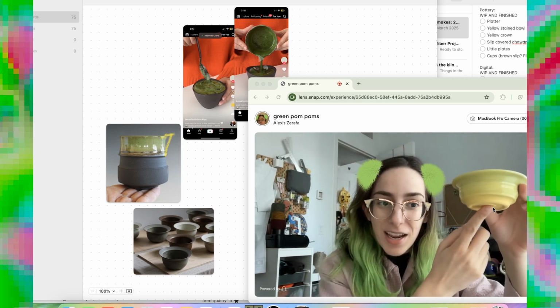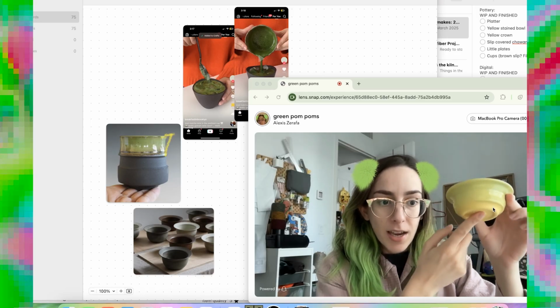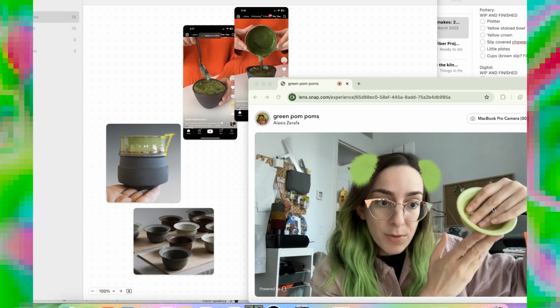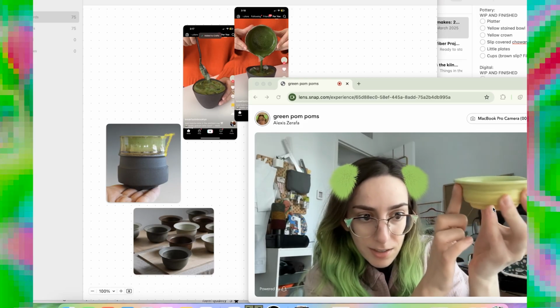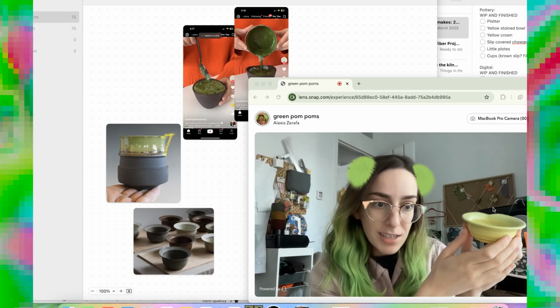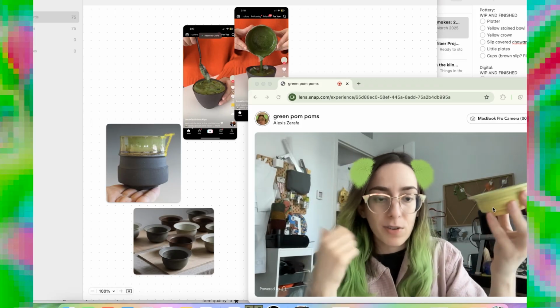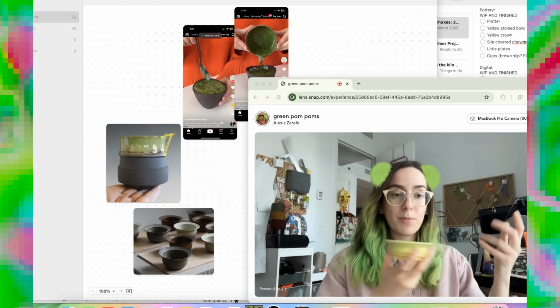I added 8% of a yellow mason stain right to my porcelain clay body, and I think the color is beautiful. And then I glazed it with a blue Celadon to see if it would turn green. Logically, it would. And it's hard to see here. I'll saturate this video better. But it worked. So I don't love this specific form, but I want to make more,